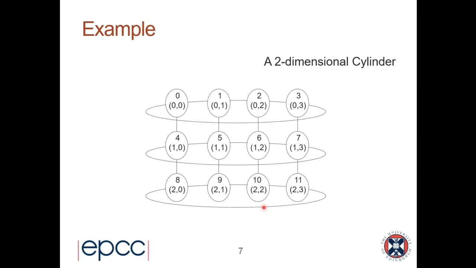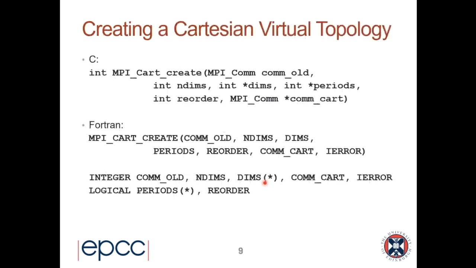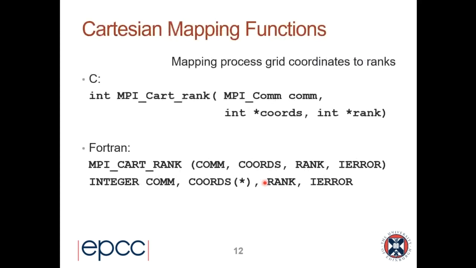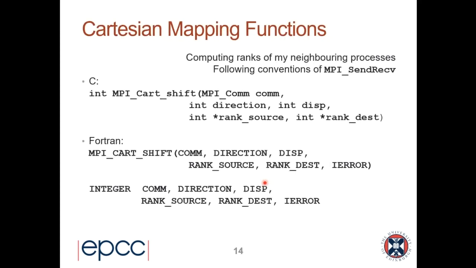I'll then add and subtract 1 to each of the coordinates in turn to find out who my neighbors are, and then I'll call MPI cart rank for those coordinates. So you'll convert from your rank to your coordinates, do some arithmetic on the coordinates, and then convert back from the coordinates to the rank, and then you can say, okay, the guy down the way is 10. I'll send to rank 10. That's slightly awkward. So MPI provides a nice routine called MPI cart shift, which says, who are my neighbors up